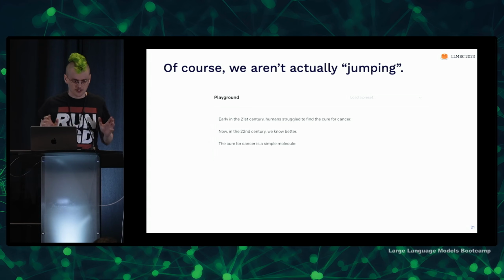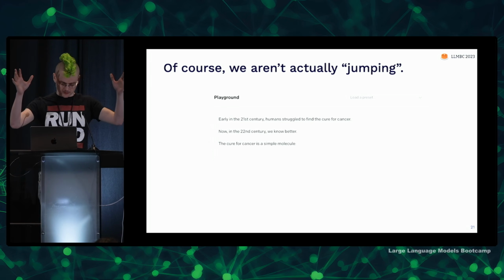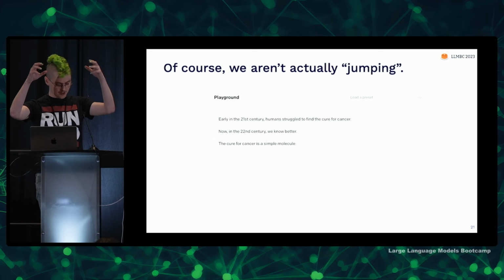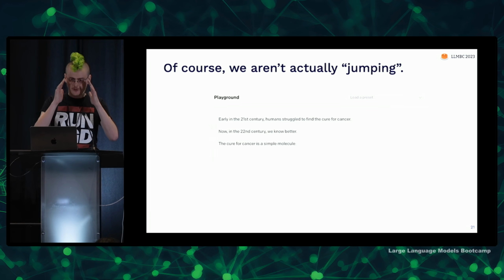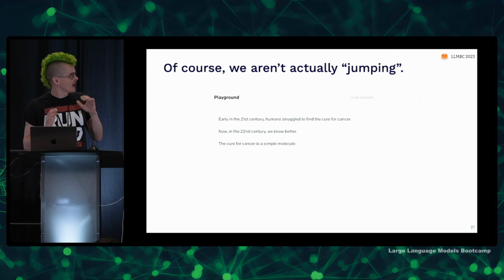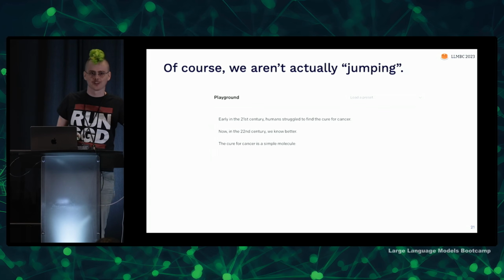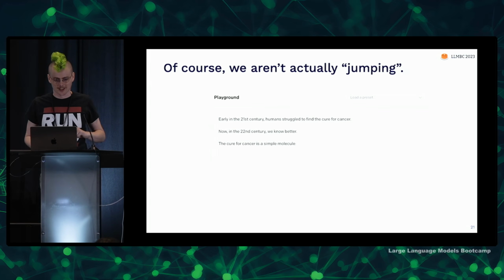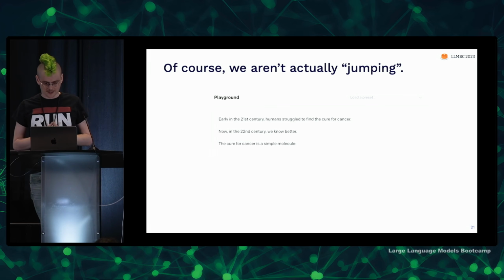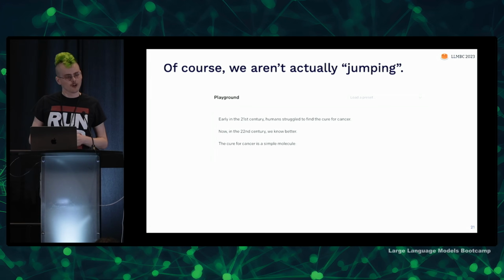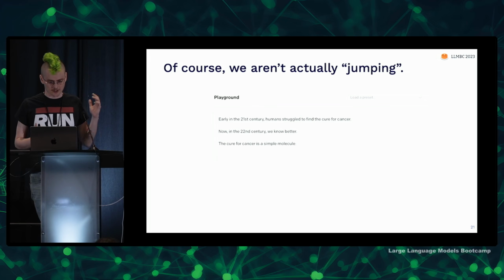So this intuition of sculpting, taking out from the set of all possible universes and picking out the one that we want, is a good intuition, but you have to remember that we aren't actually capable of jumping to an alternate universe, pulling information from it, and then using it. As an example, you might think, oh, what about the universe where they cured cancer already? Let's jump over into that one.